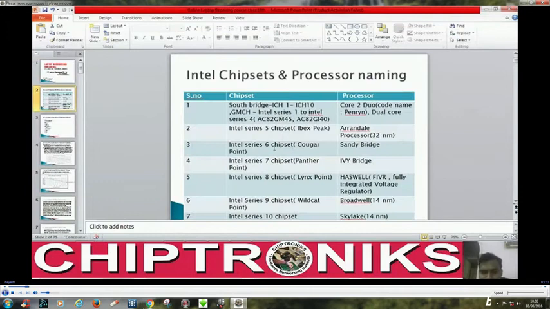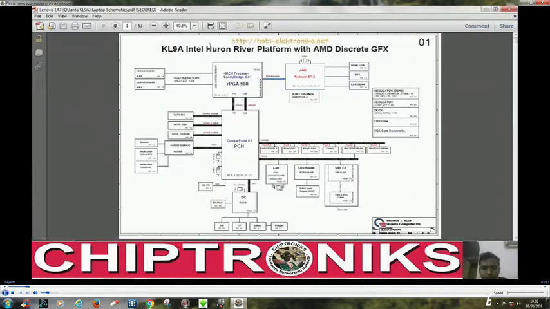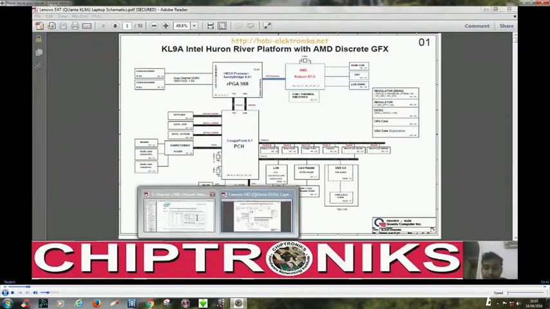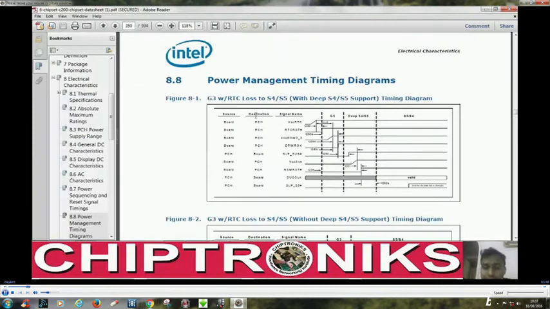Intel Series 6 chipsets are called Cougar Point, and what kind of processor do they support? They support Sandy Bridge. So our reference board is Lenovo E47, and today we are discussing the Intel Series 6 chipset timing diagram. Okay,